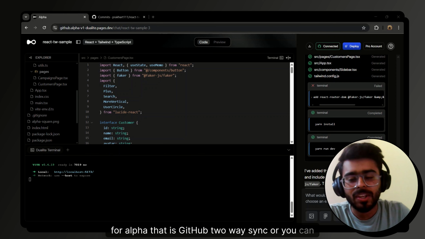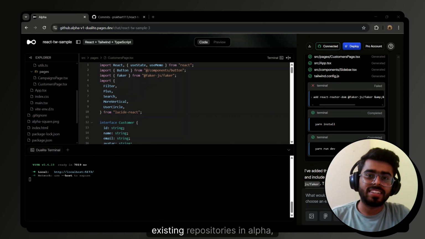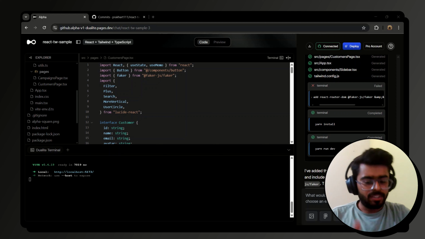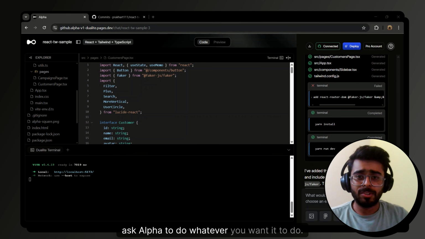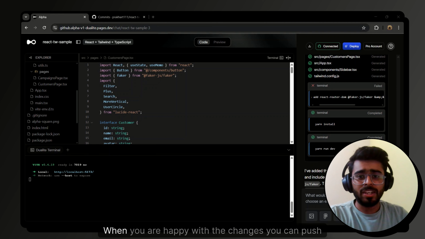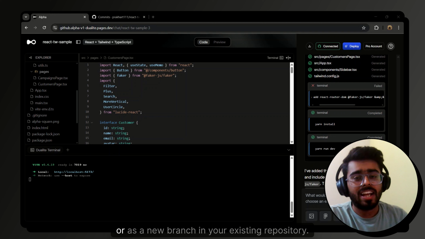Today I'll be demonstrating a brand new feature for Alpha: GitHub two-way sync, or you can call it GitHub import. With this, you can import your existing repositories in Alpha, make changes to them, and ask Alpha to do whatever you want. When you are happy with the changes, you can push it back as a commit or as a new branch